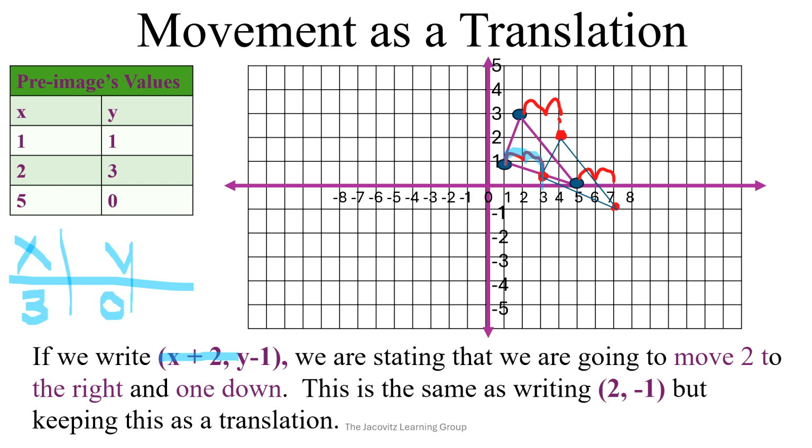Okay. You had the 2 and the 3 from the other value, 2 and 3 here. So when you went over 2, 1, 2, you went down 1. Okay. You had now 3